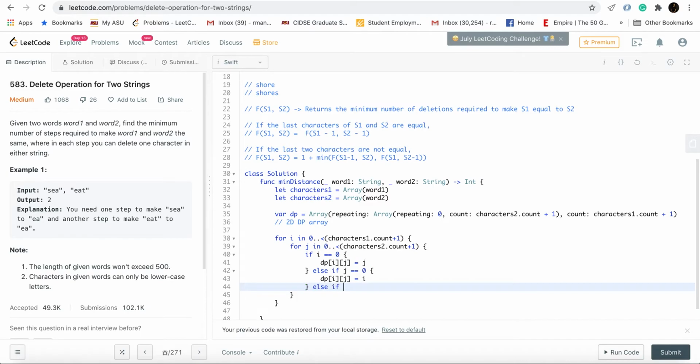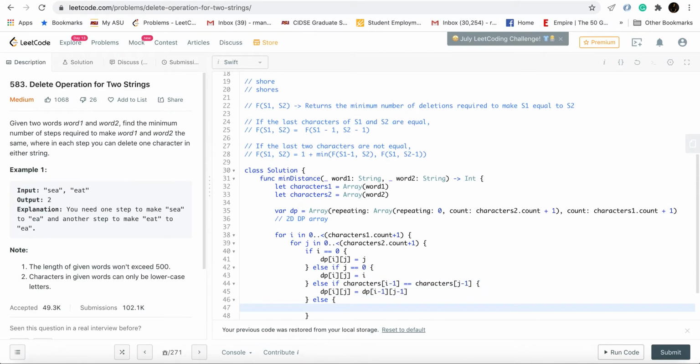Cool. Now let's handle if the last two characters are equal. In that case, dp of i, j, we don't have to make any deletions. We can just inspect the rest of the array, which basically means i minus 1, j minus 1, the rest of the strings.